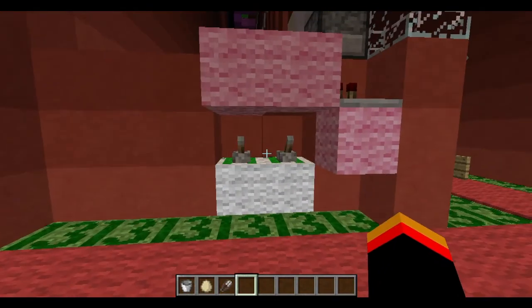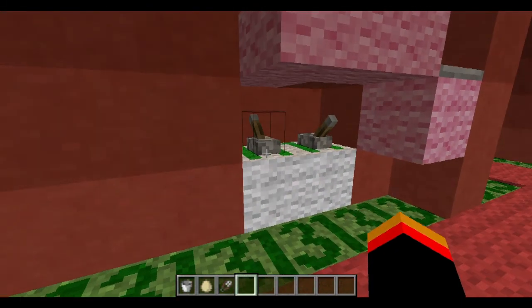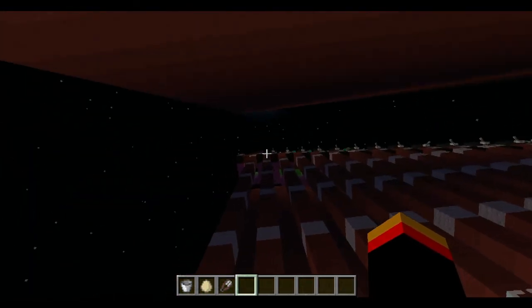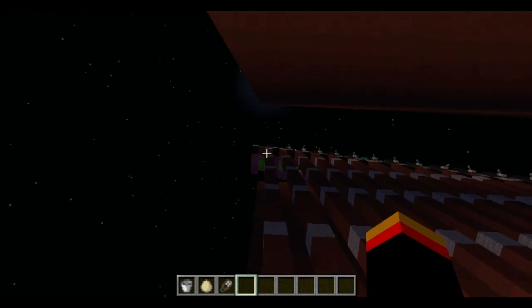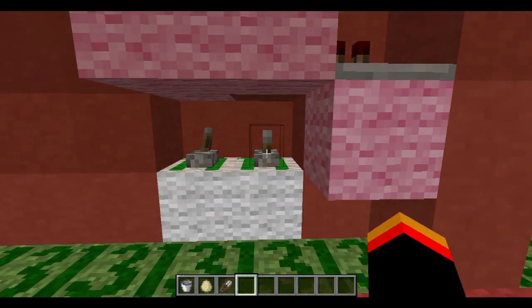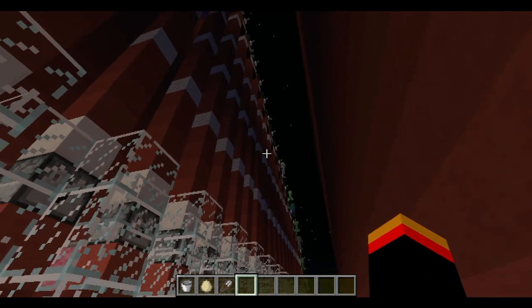So we're going to pull this lever. Oh, no, you're supposed to move when I pull. Okay, there we go. We got a little bit of lag there. Okay. So now up at the top, there's mobs spawning on each one of those pads. So now what we're going to do is pull this lever, and that's going to make all of the pistons go. So if you watch down there,